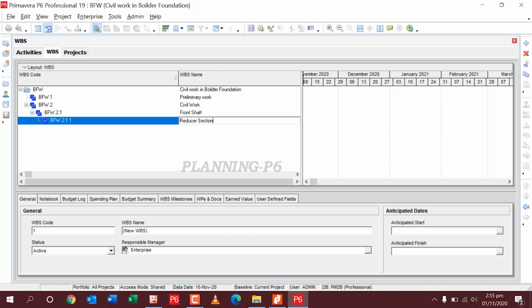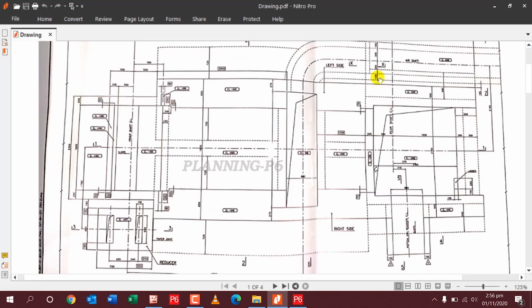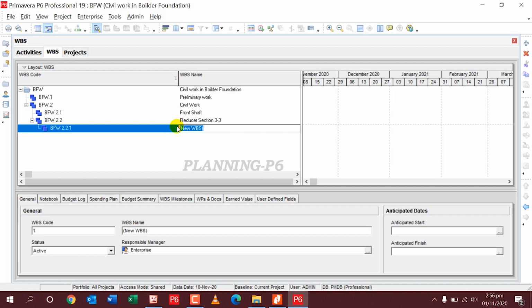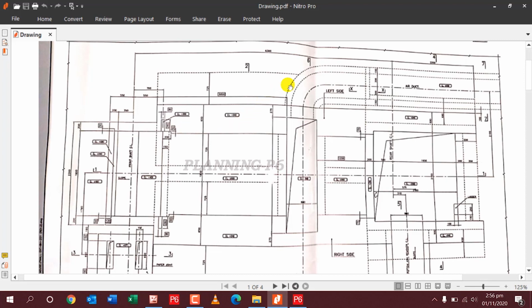Reducer section 3-3. So we will write here reducer section 3 into 3. The next one is section 2 into 2-2. The next one is section 6 into 6.